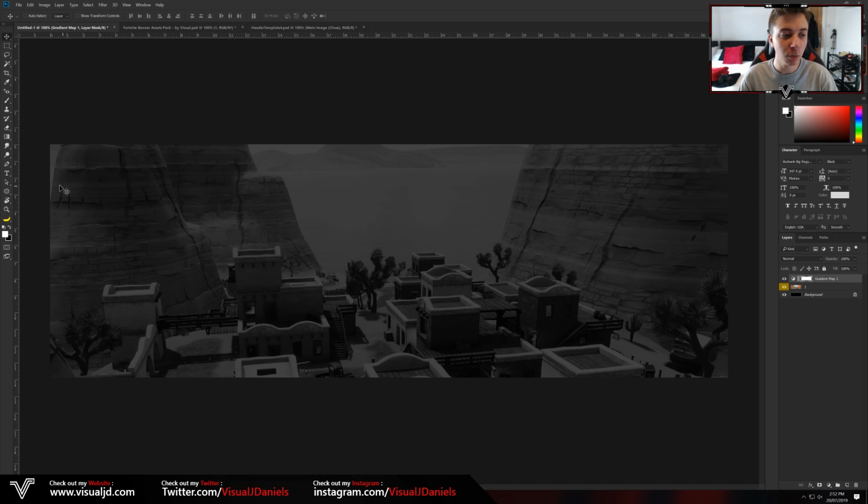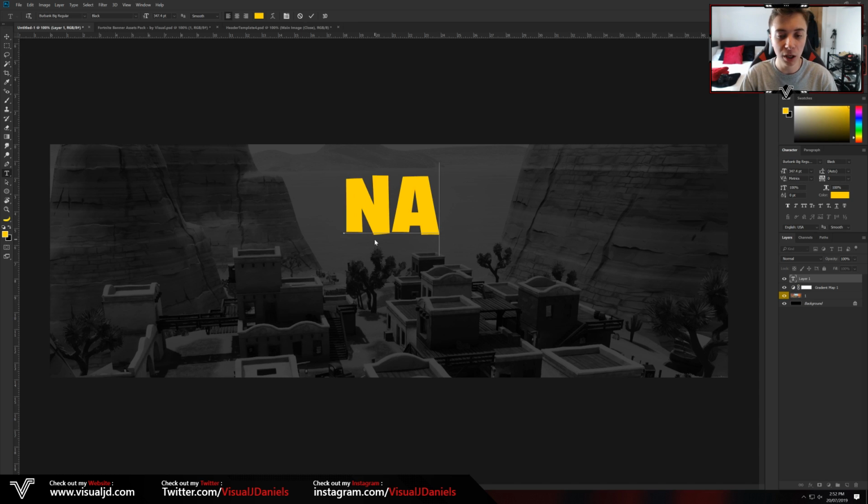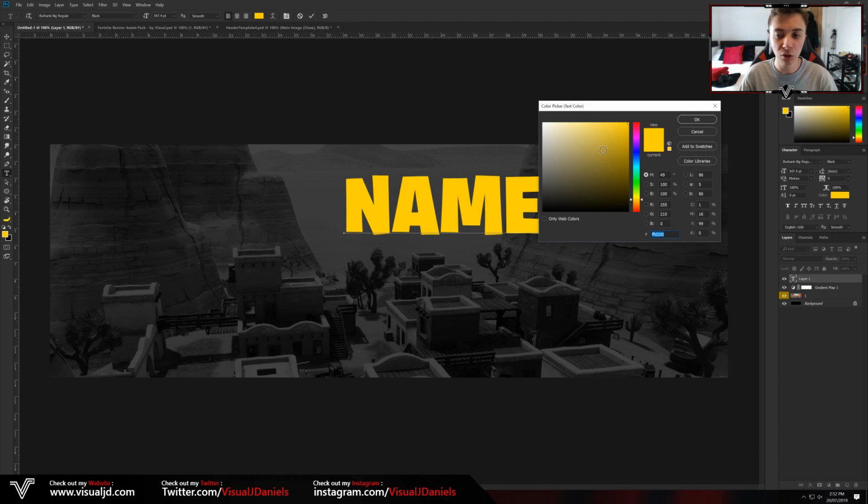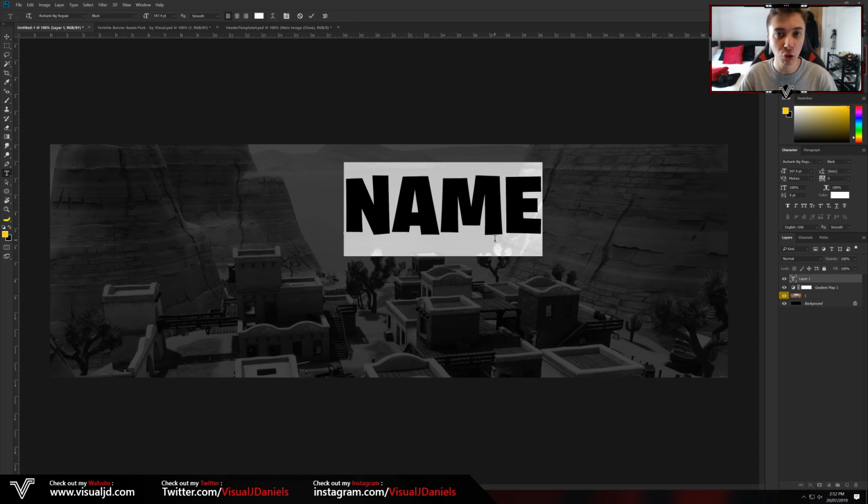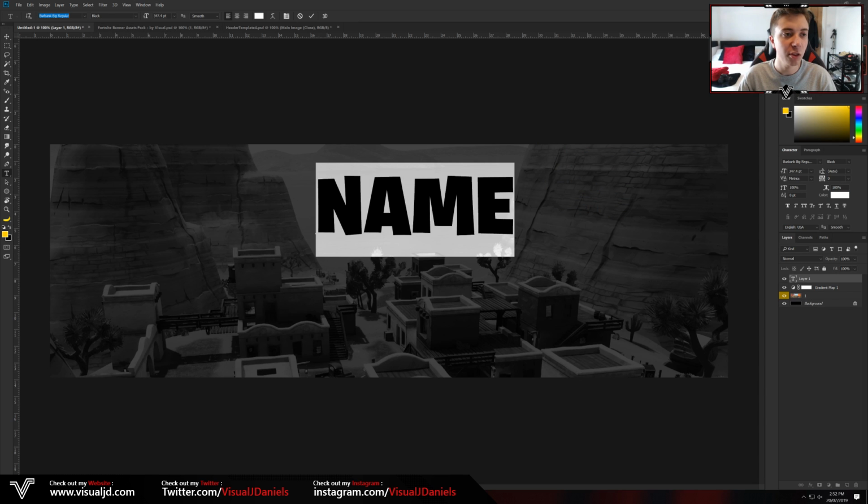So open up your text by going to the text tool or selecting T on your keyboard. From there, you want to click anywhere on your screen and simply type in your text. So I'm going to type in name, for example, and I'm also going to make it white just for the sake of the tutorial. Make sure that your text is using the font called Burbank Big Regular